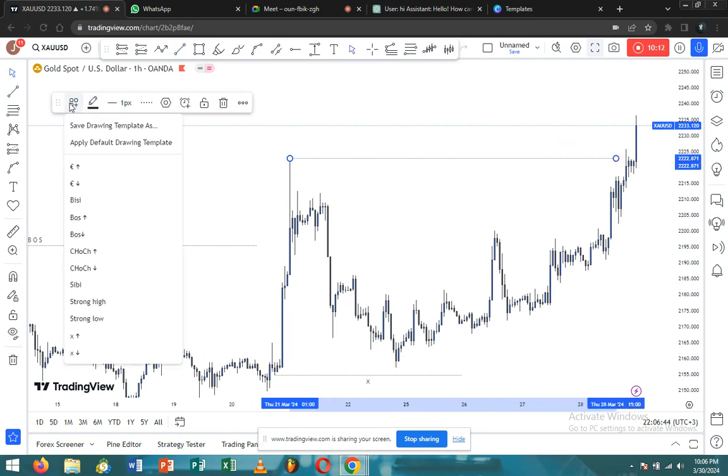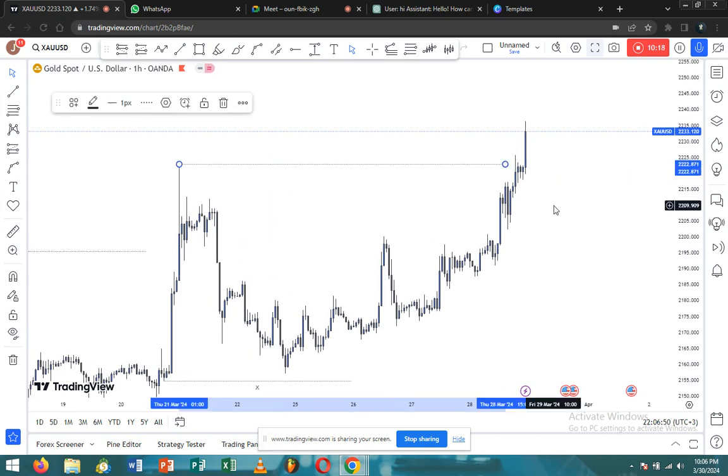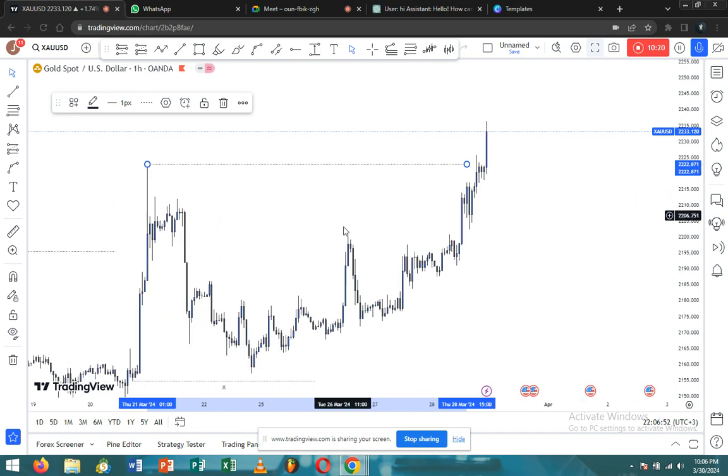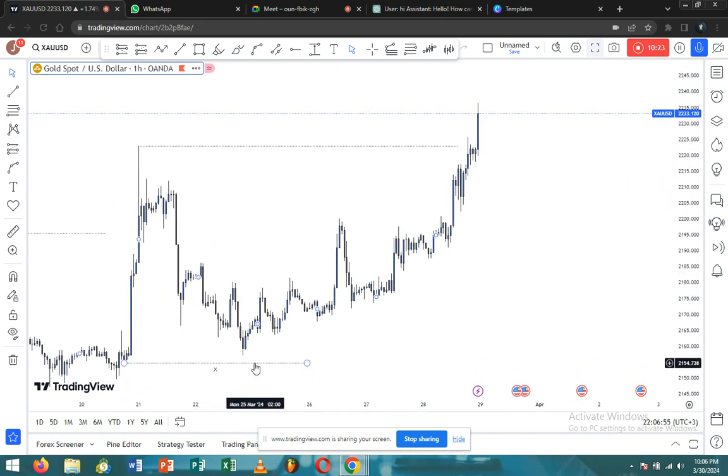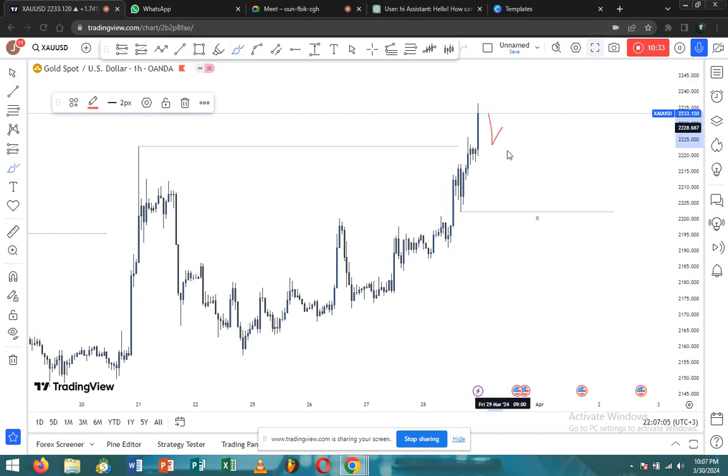So we can confirm that this one, actually, is a minor high. So if this minor high is taken out, then our inducement will be shifted from here to the last pullback here. Meaning that at this particular point, we want to see gold coming back to take out inducement and